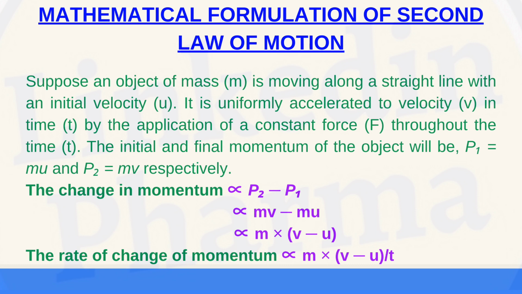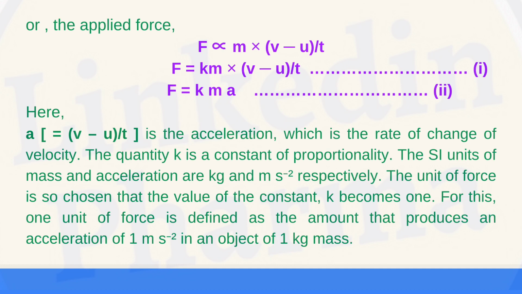The change in momentum is proportional to p2 minus p1, proportional to mv minus mu, proportional to m into (v minus u). The rate of change of momentum is proportional to m into (v minus u) by t. Or, the applied force F is proportional to m into (v minus u) by t. F equals k m into (v minus u) by t, so F equals kma. Here a equals (v minus u) by t is the acceleration, which is the rate of